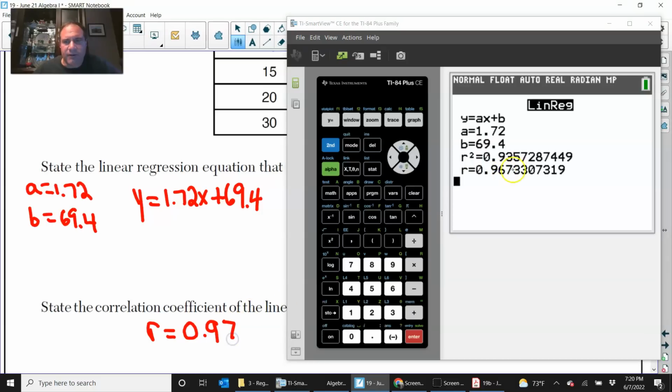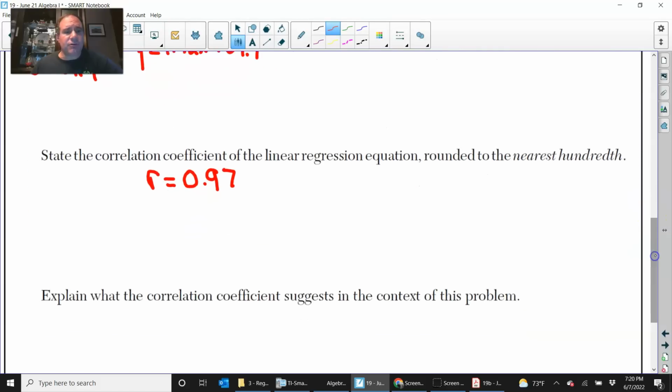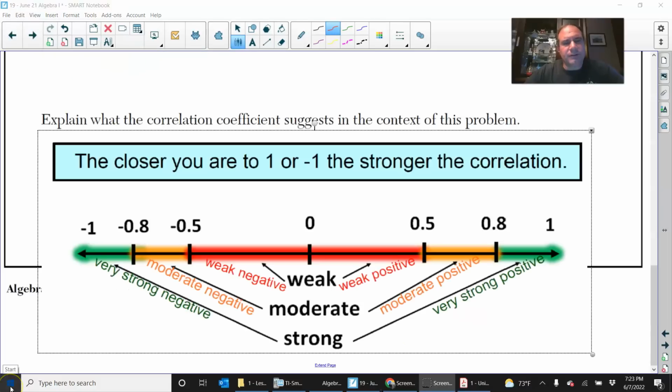Because that next number right there, 0.96, is a 7. You round that up to 7. So, state the correlation coefficient. I did explain what the correlation coefficient suggests in the context of the problem. So when it says explain what the correlation coefficient suggests in the context of the problem,